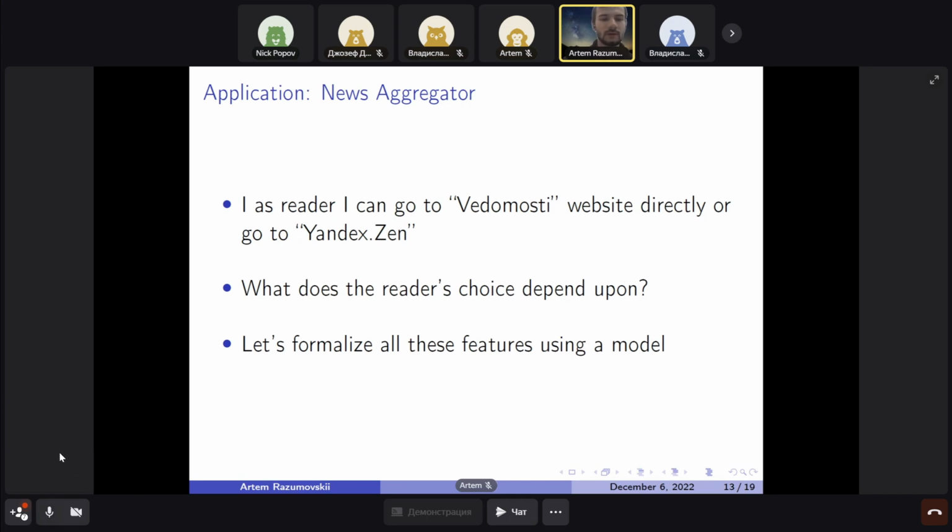I mean, all the news which were picked by Yandex then. In this case, there is no trade-off. Just Yandex Zen is strictly better than Vedomosti, if we're not sure that Vedomosti publishes only good articles. But then it could be that you like Vedomosti more, and if you go to Yandex,